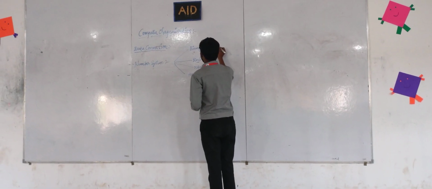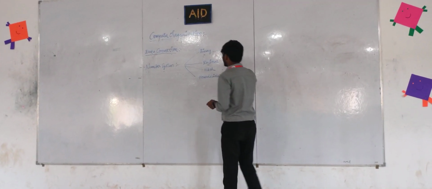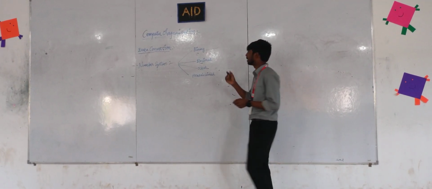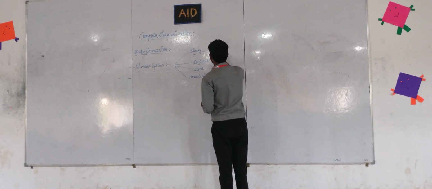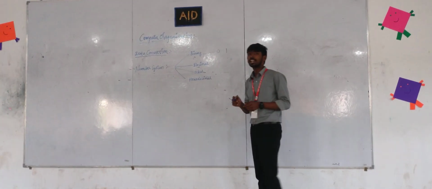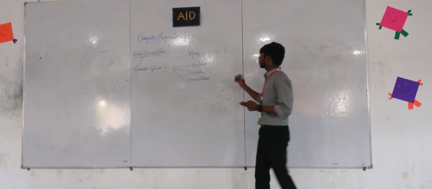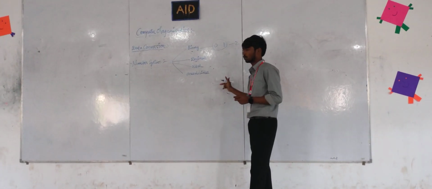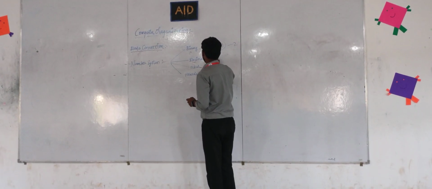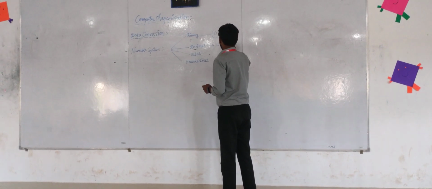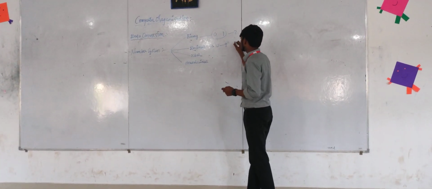The first one is binary. Binary is used in a computer to represent off and on states. The off state represents the number 0 and the on state represents the number 1. So binary takes base number 2, because the count of digits in the binary system is 2. The next type is decimal. Decimal takes the numbers from 0 to 9, so the base number of decimal is 10.